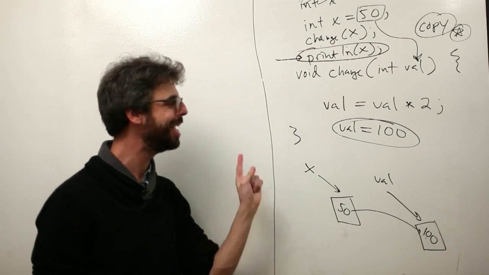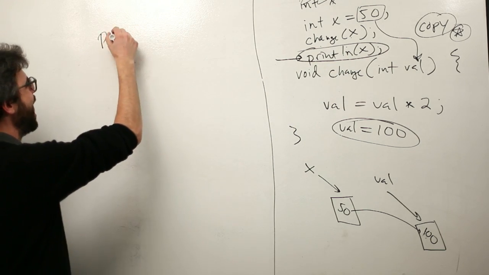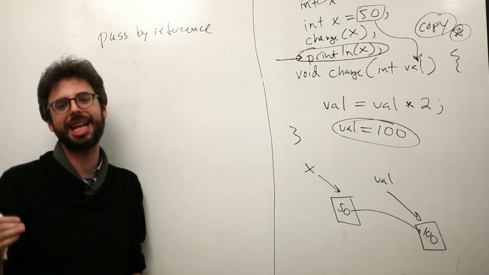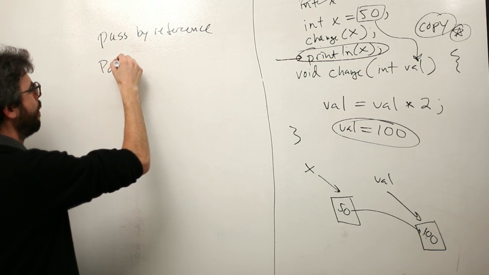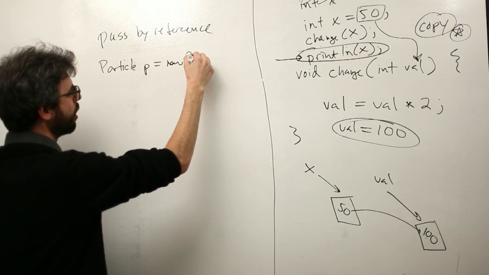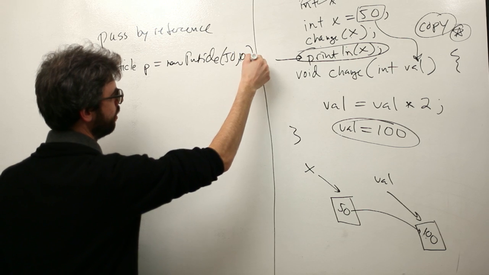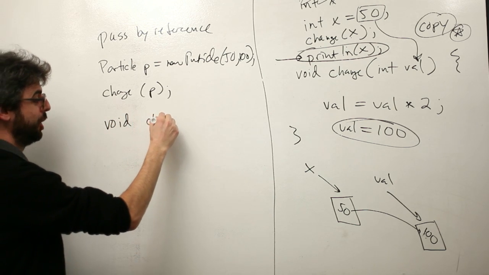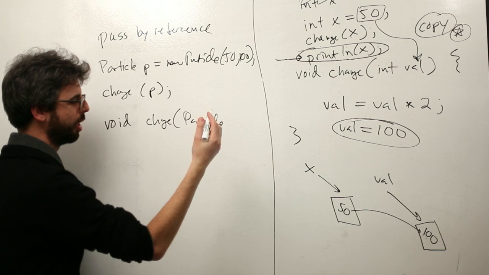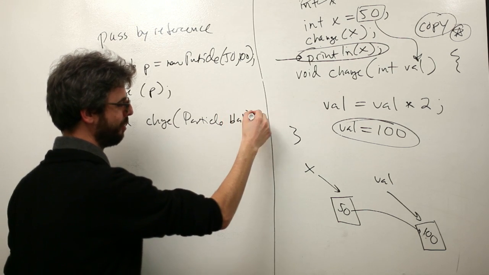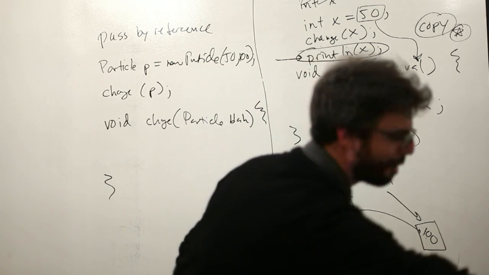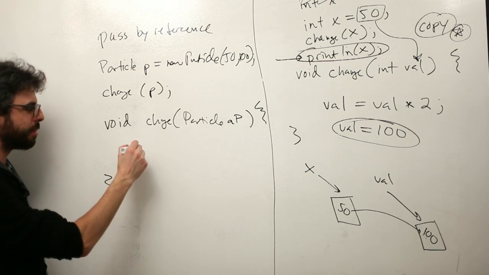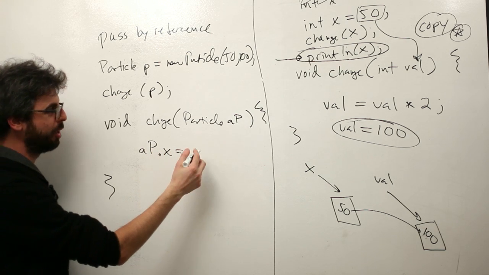The reason why I'm bringing this up, and the reason why this is so important, is if you pass an object into a function, it does not work this way. It works with something called pass by reference. So let's pretend there's a made-up particle object, and that particle object just has an x and a y. So I'm going to say particle p equals new particle, 50, 100. And then I'm going to say change p. And there's a function called void change, which receives a particle object. You just need a different variable name. Let's think of something. Particle, I'm going to call it AP. Now if I say AP dot x equals 300,